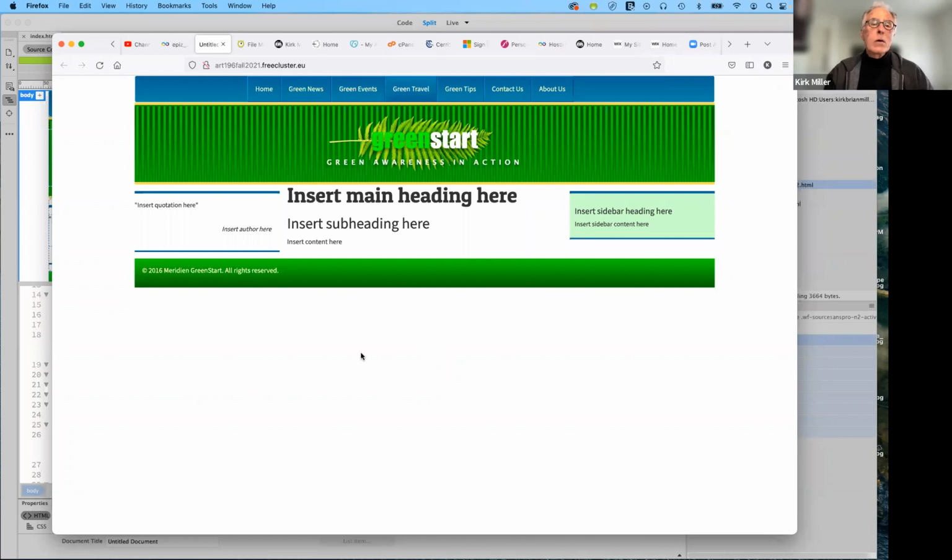Now, if anything goes wrong, for example if you're only seeing text and you're not seeing the images, or if the nav bar is missing and you're only seeing individual links, that means there's a disconnect. There's a broken link between the files and the